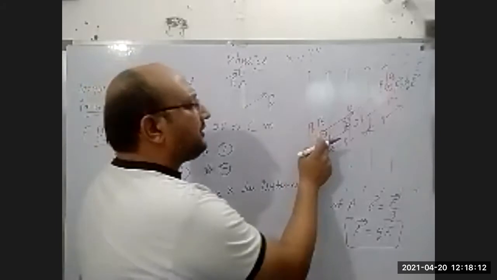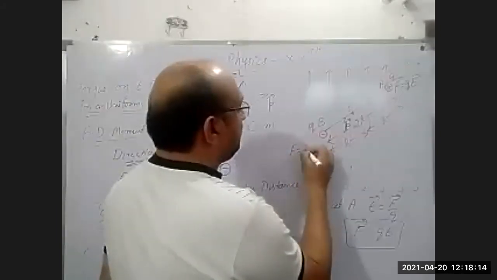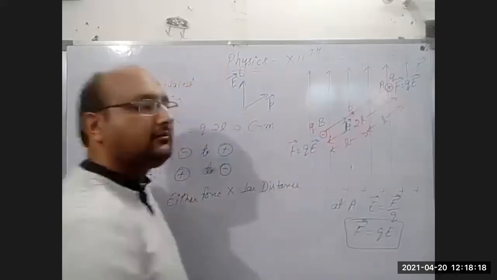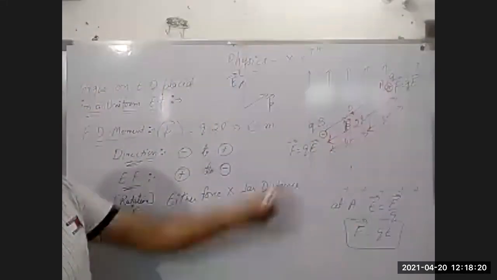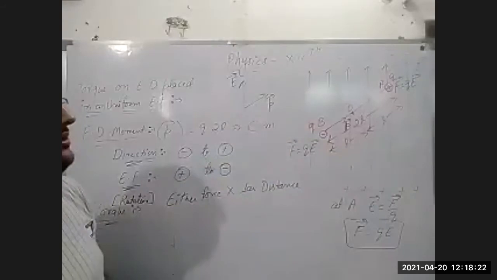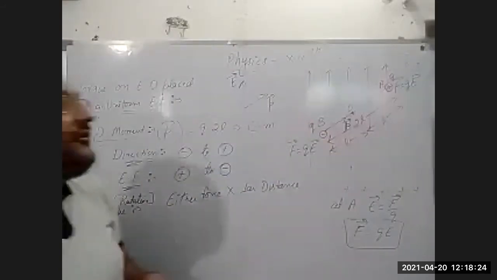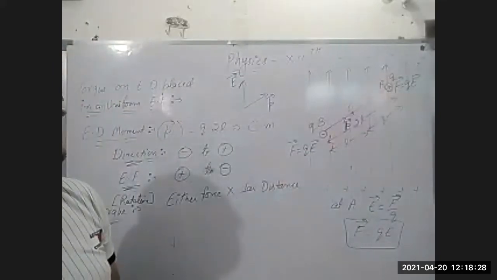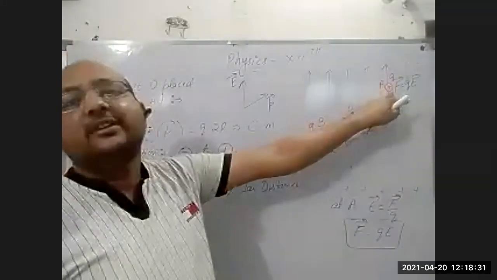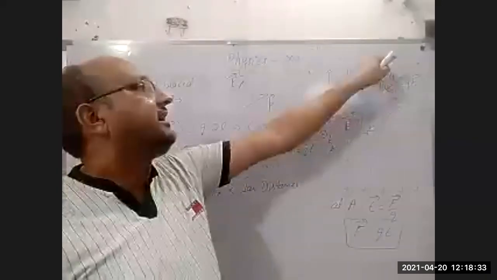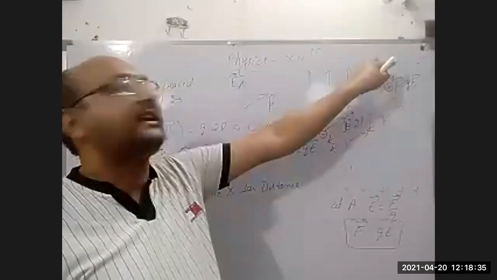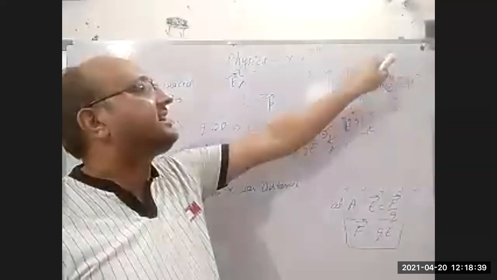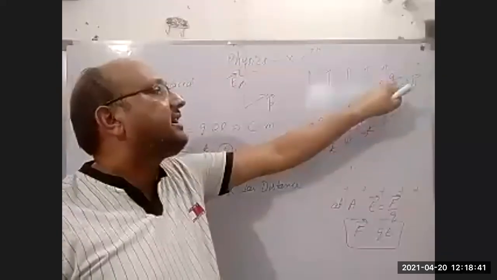Like this, you also use this formula at point B. Both forces are equal. But now, where does this force act in this situation? This charge is positive in nature, and here a negative sign is there. Then this charge is attracted by this one, meaning where does it move?